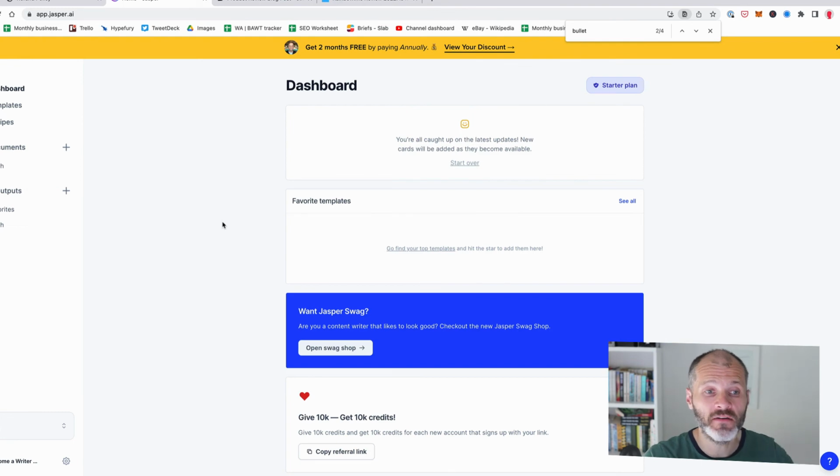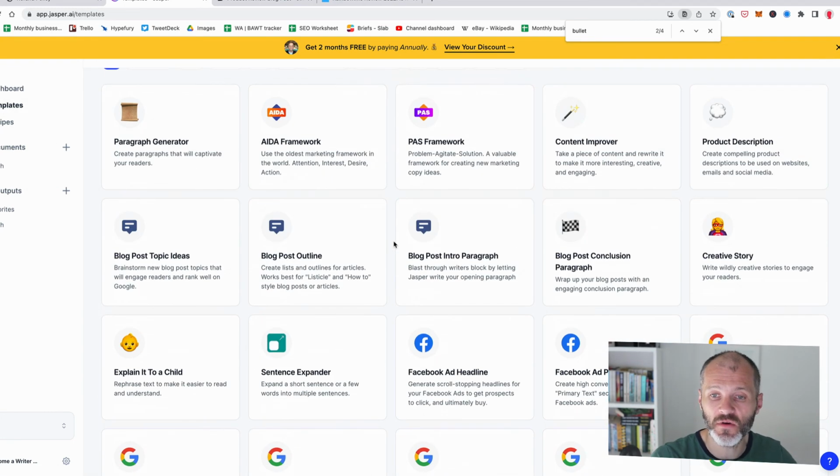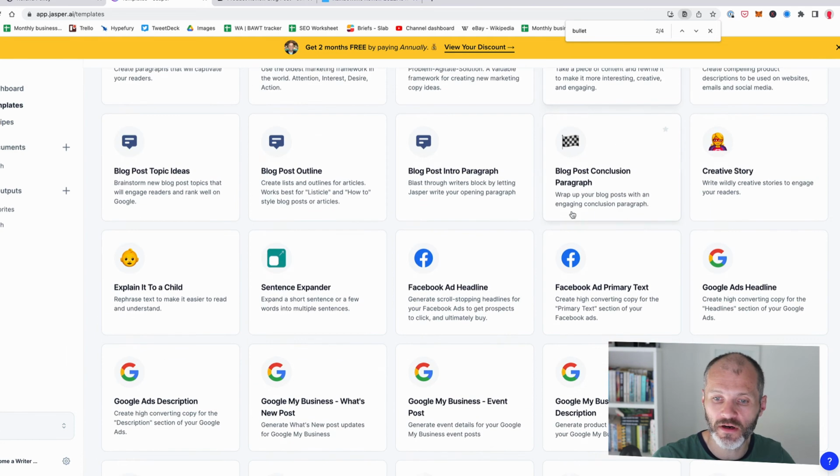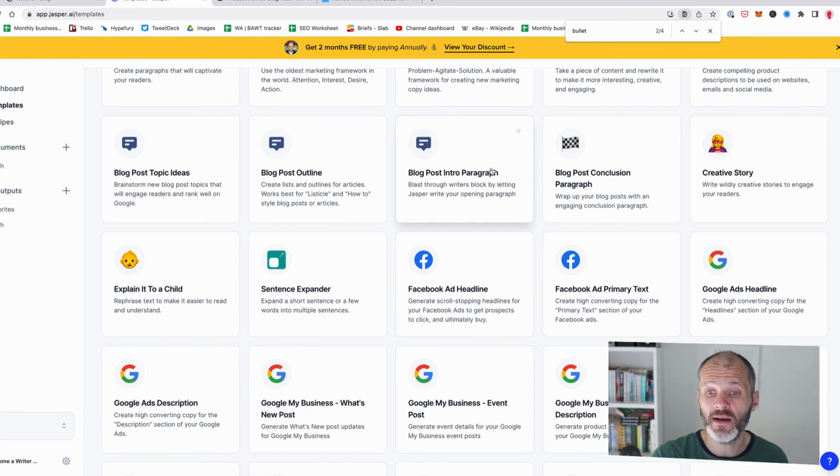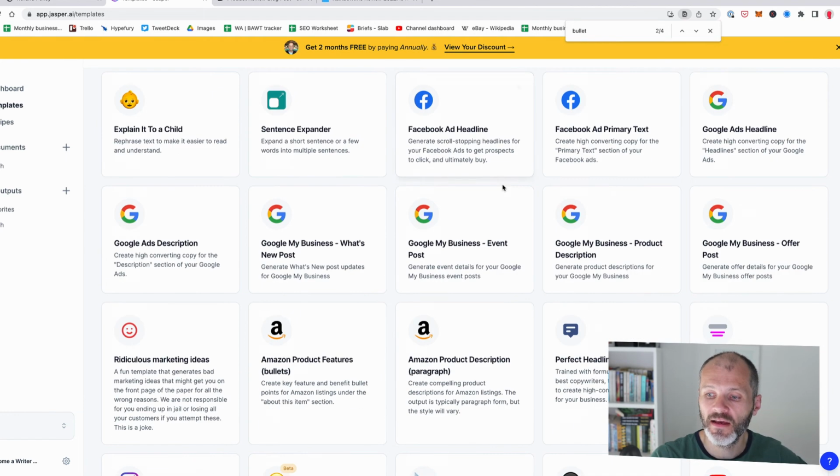That's an overview of the features that I'm using inside of Jasper today. To summarize, the ones that I used the most in a previous role were the copywriting frameworks because it saved me quite a good bit of time. Today, I'm using the content improver. I'm also using the SEO blog post title and meta description generator. Now, personally, I find writing blog posts easy, so I don't actually use the introduction and conclusion paragraph, but I would recommend these to writers who struggle with either.